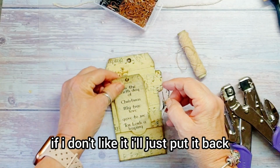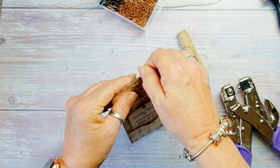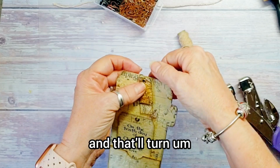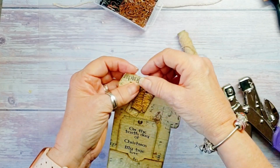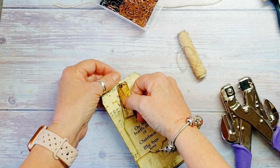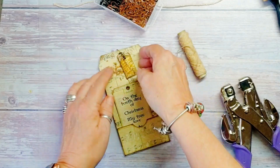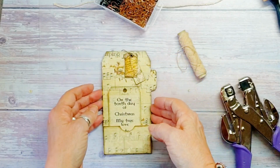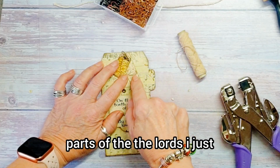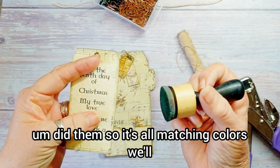If I don't like it, I'll just put it back. And that'll turn like that, because that's what usually happens, but and then we've got our little dangly bits, and all I did was they're parts of the Lords. I just did them so it's all matching colours. We'll just have a little bit more